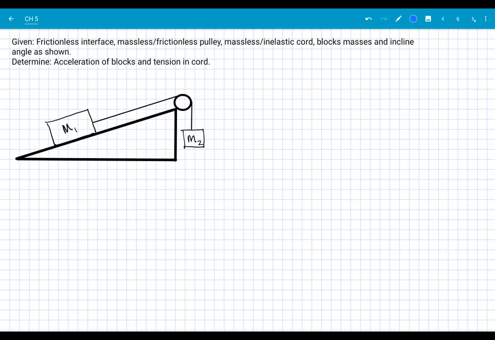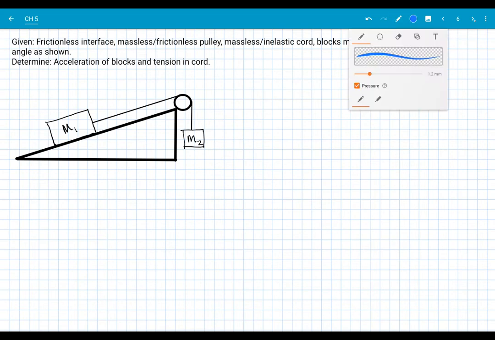Okay, now we're going to start working with inclines here. So notice that we're given a frictionless interface. So we still have a lot of simplifying factors here. The interface between the surface and block one is frictionless. The cord is massless. The pulley is massless and frictionless. And we're given the two block masses and we're given an incline angle